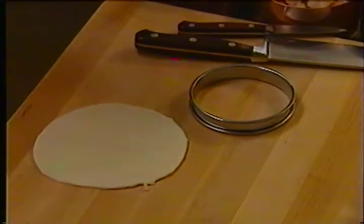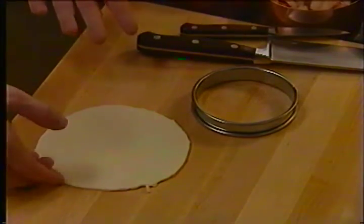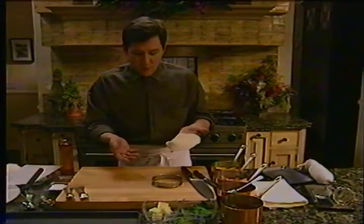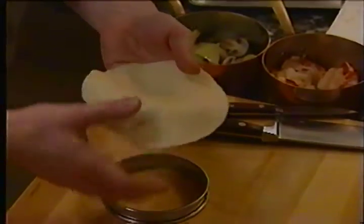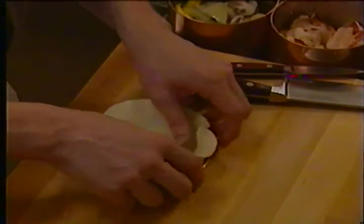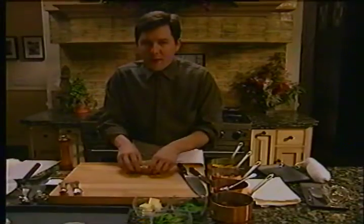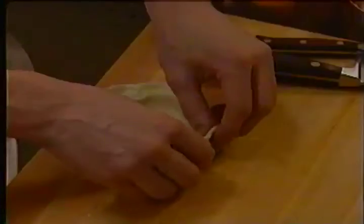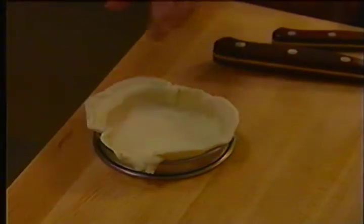We can start by making the shell itself. A simple pie dough, something like puff pastry or pâte brisée or cream cheese dough. We simply take the dough and press it into a pie ring or a false bottom pan, something like that. Pressing it down, we can have pleated edges, straight edges, and really like any sort of